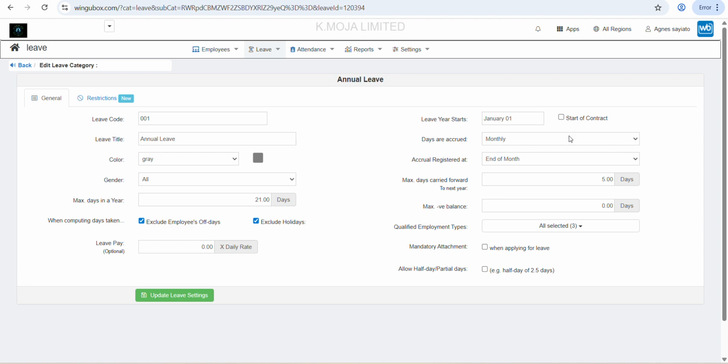We have leave year starts either on January 1st or start of contract. Then we have days are accrued either monthly or yearly. Accrual can be registered at end of month or at start of month. Maximum days carried forward will be defined by your admin. Maximum negative balance will also be defined by the admin. Then we'll define if it is only applicable to specific employment types or for all, and also instruct the system